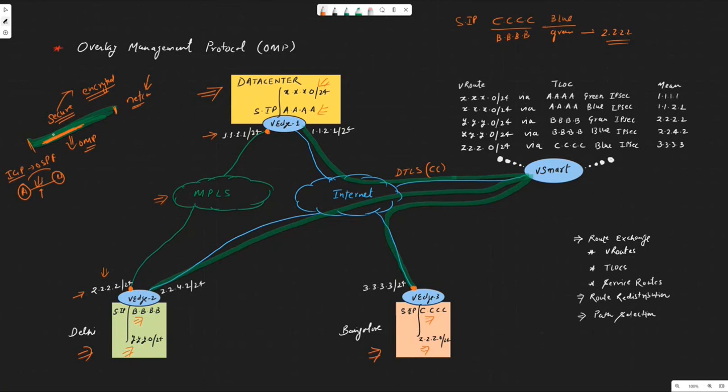So this tunnel can be used for the OMP. This tunnel can be used for your NETCONF. And also this tunnel can be used for key exchange. And what is the meaning of key exchange, right? So we will be discussing that. But for your information, we have this secured tunnel at the first place, which is going to be